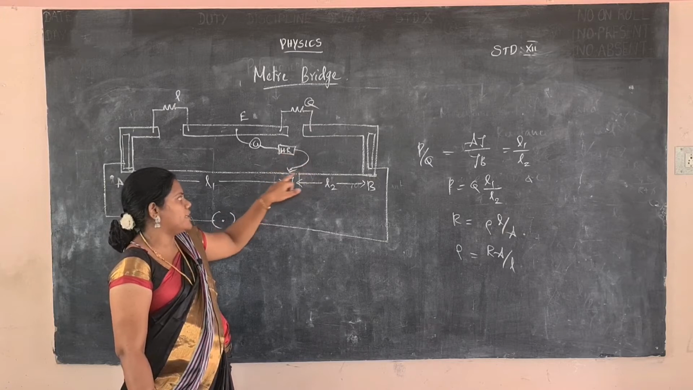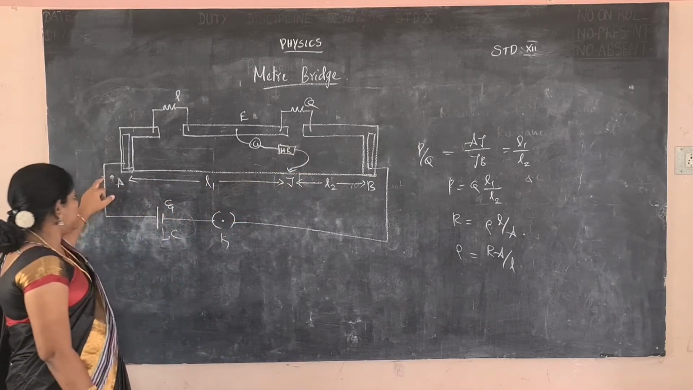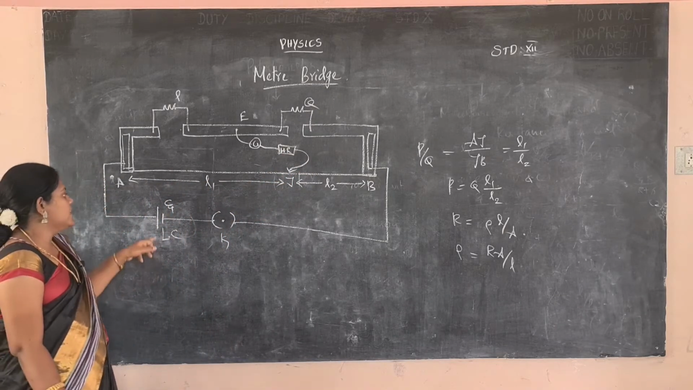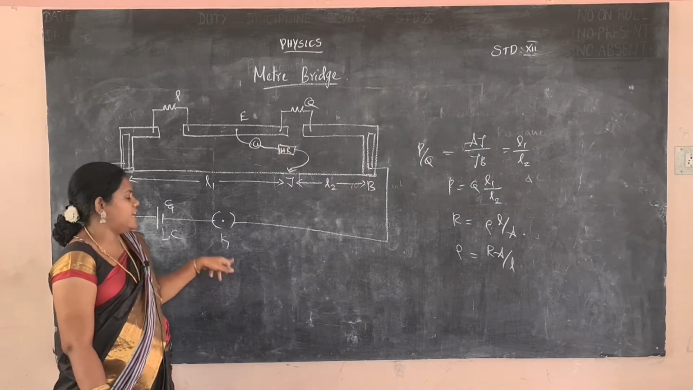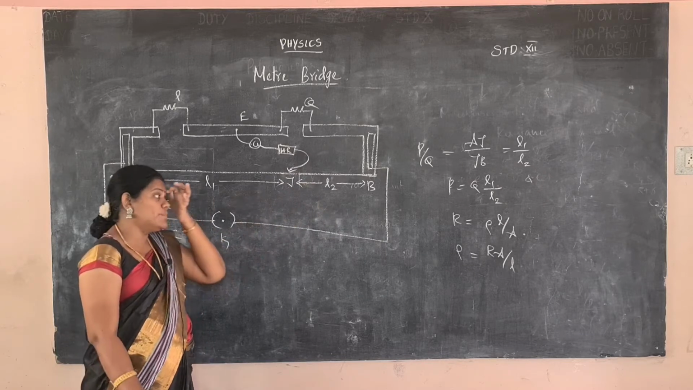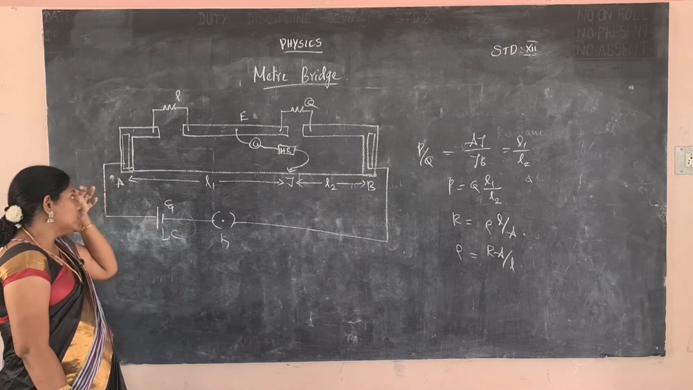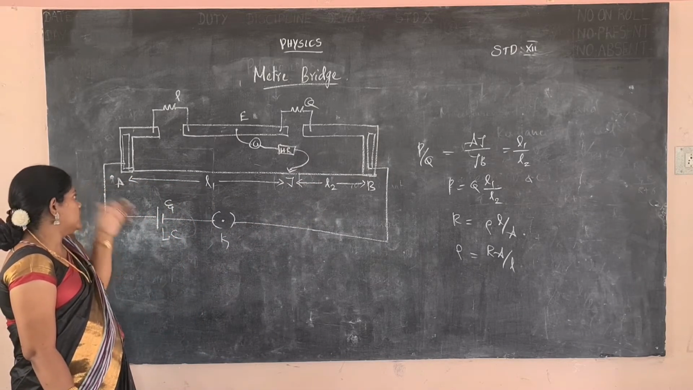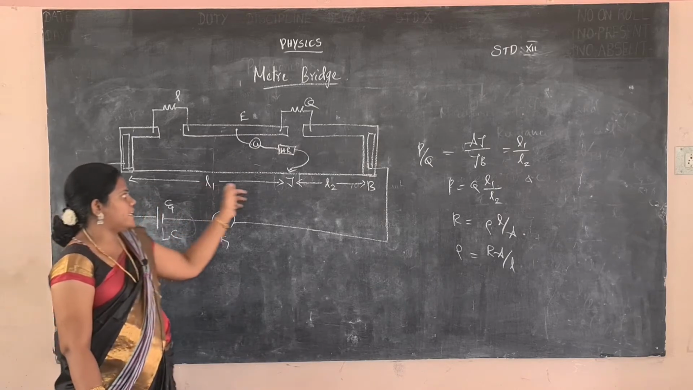High resistance box will be attached to the jockey. Then point A will be connected to the Leclanché cell, and the cell will be connected to the key, and the key will be connected to the second terminal of the board. So first we fix the cell, then we rub the jockey on the